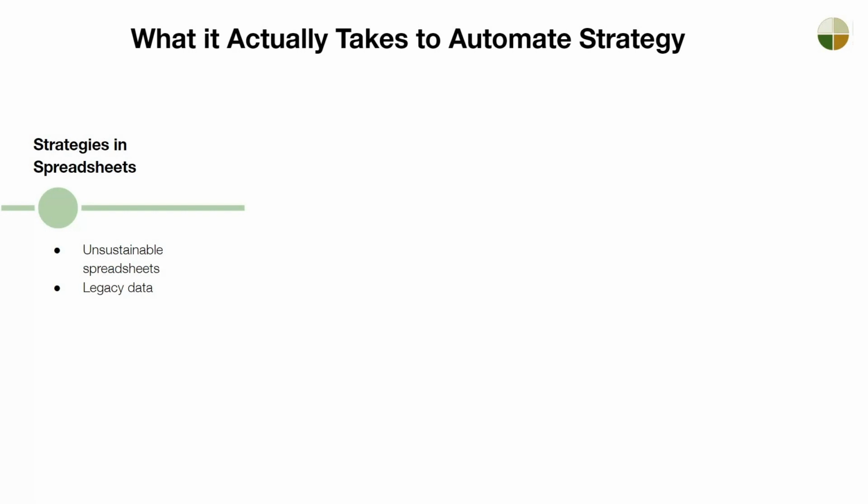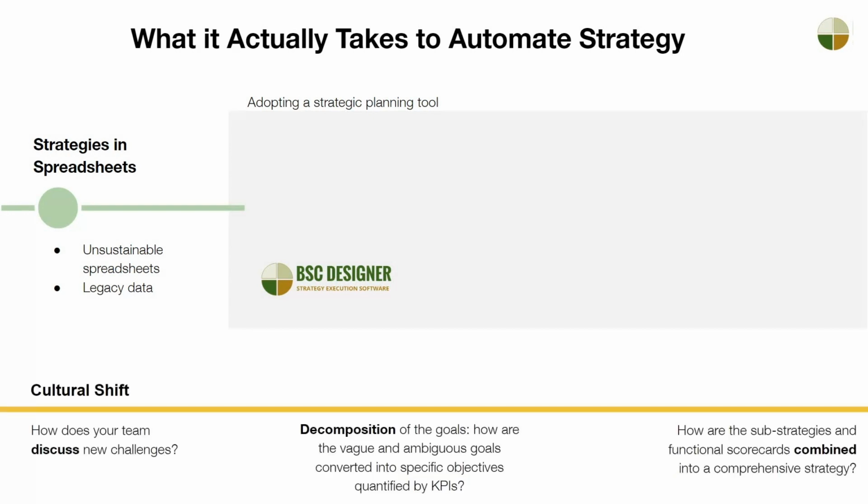specialized strategic planning tools. The first impulse of the management team is to migrate their strategy spreadsheets into some specialized software to get a better interface and nice dashboards out of the box. In this case, the organization is at risk of replicating the same unsustainable strategy scorecard by dressing it up with some automation features. A better idea is to revise the current approach to strategic planning, understand factors that made strategy unsustainable, and plan for a cultural shift in the context of strategic planning.